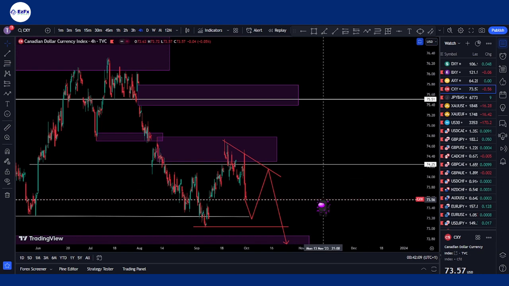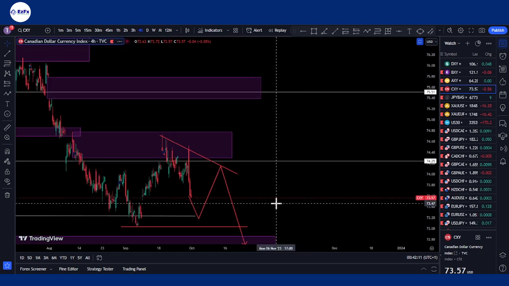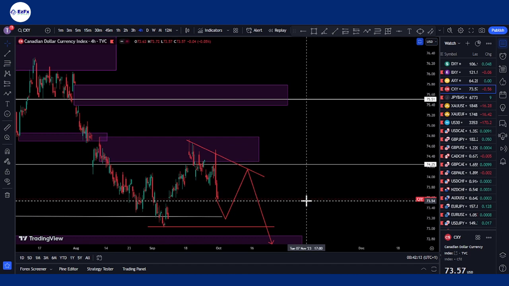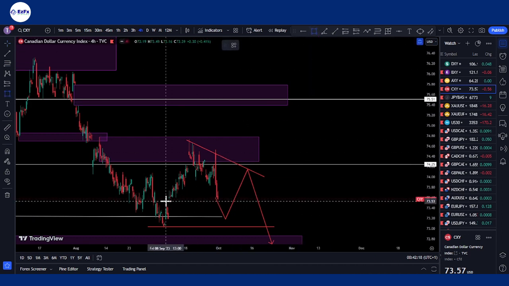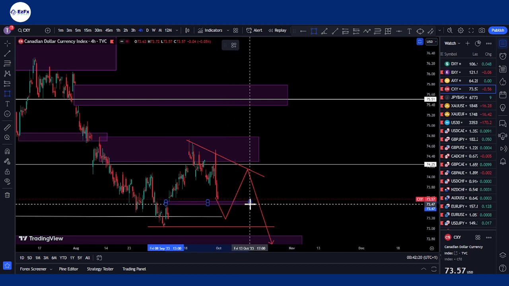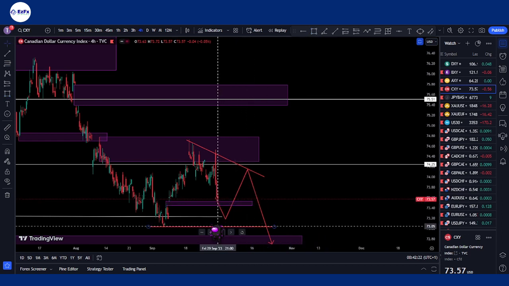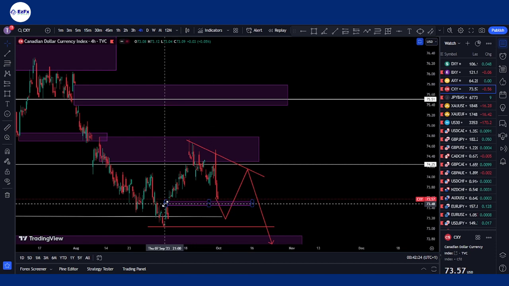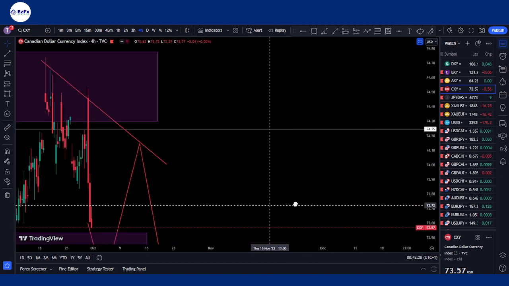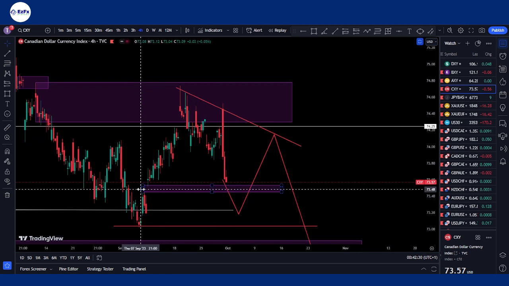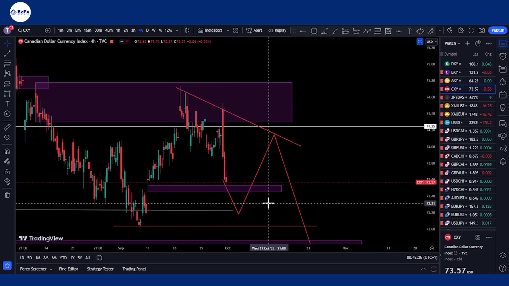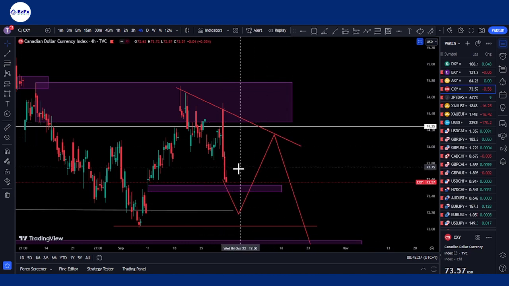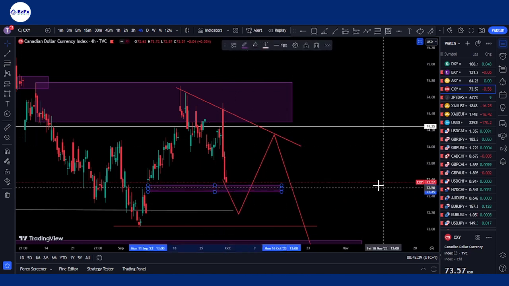That being said, I think it's still very important for us to note that this is a gap here. It's a very small one, and it's very likely that we might still get price, sorry, give me a minute. Or something like this. So we might still get price just getting rejected towards the upside straight away from this gap here.